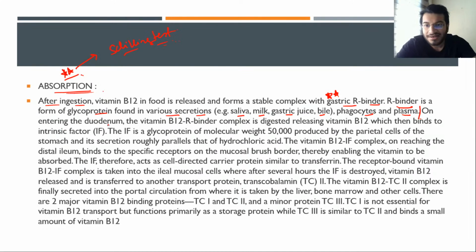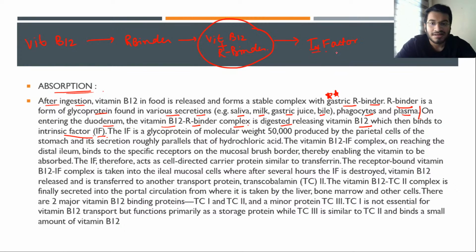Right. On entering the duodenum, the vitamin B12 R binder complex is digested, releasing the vitamin B12, which then binds to the intrinsic factor. So, first of all, vitamin B12 आया. एक second. Let me just erase this. First of all, when vitamin B12 comes, it binds to the R binder. So, vitamin B12 plus R binder complex is formed. Then this complex will further bind to the intrinsic factor,